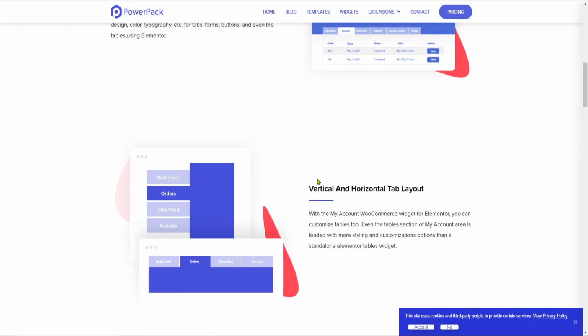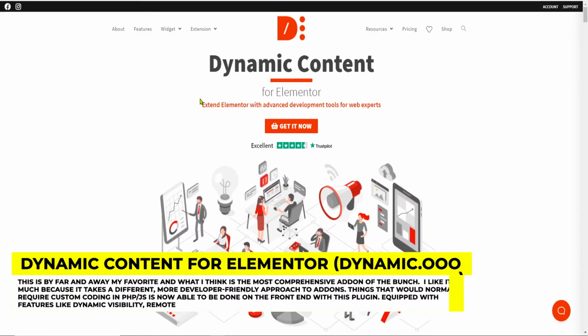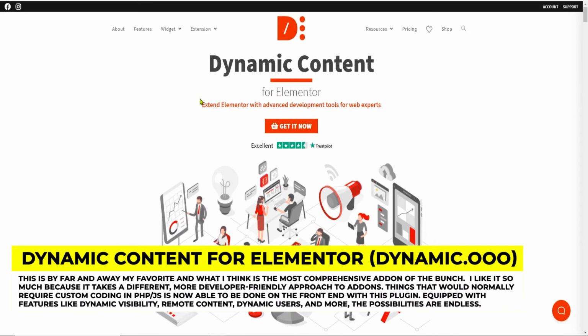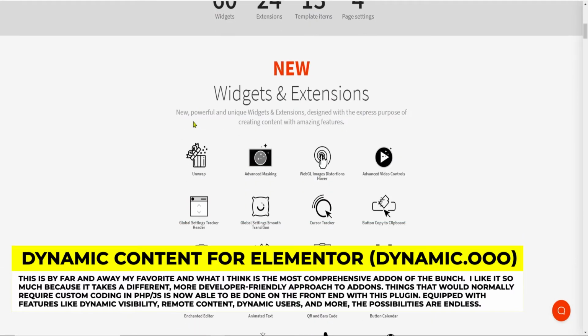But the last, and I think the most important, the most comprehensive add-on that I've used and tested for Elementor is Dynamic Content for Elementor. I've used this before in one of my other videos, and I currently use it on my site. Now, if you look at all the widgets,